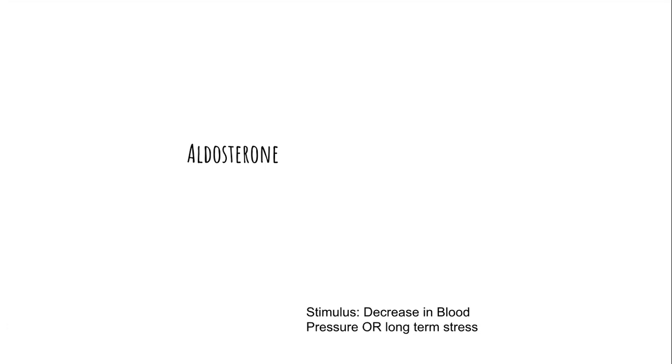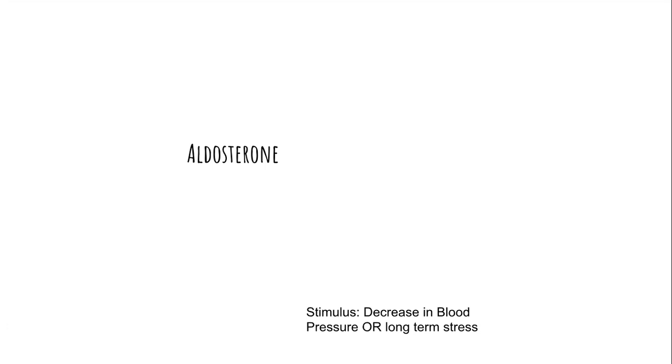So let's talk about aldosterone. What's happening? Well, let's talk about the stimulus. Normally, aldosterone is talked about in conjunction with the stress loop because it has pretty much everything to do with blood pressure. The reason we talk about it with ADH is that the way it works for blood pressure has everything to do with water movement, and ADH is water movement. So keep in mind that this is connected to long-term stress. This is a mineralocorticoid, and you may remember I talked about it in the long-term stress. So maybe make a note just above it.